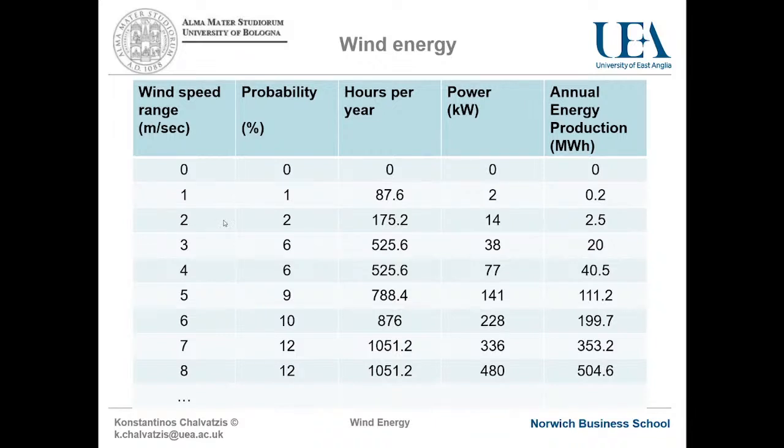Okay, so what I'm doing is I'm multiplying 525.6, essentially looking at the wind speed of 3 meters per second. So that is happening for 525.6 hours a year. And I'm multiplying that with the power output I would expect for that wind speed, which is 38 kilowatts. And that gives me